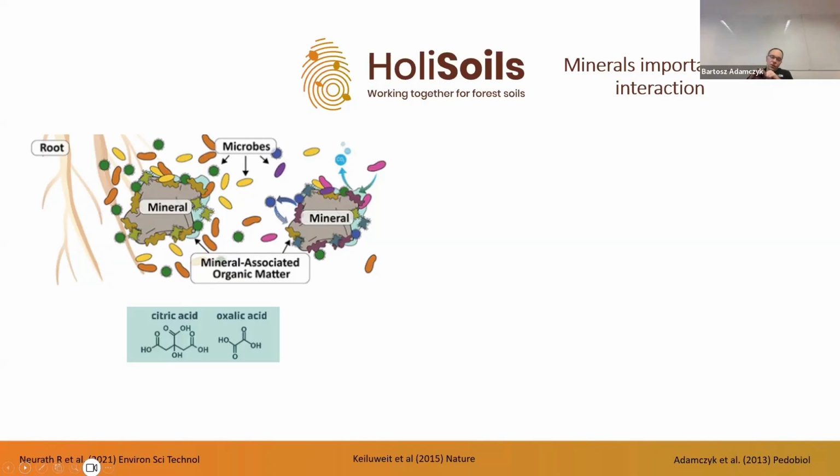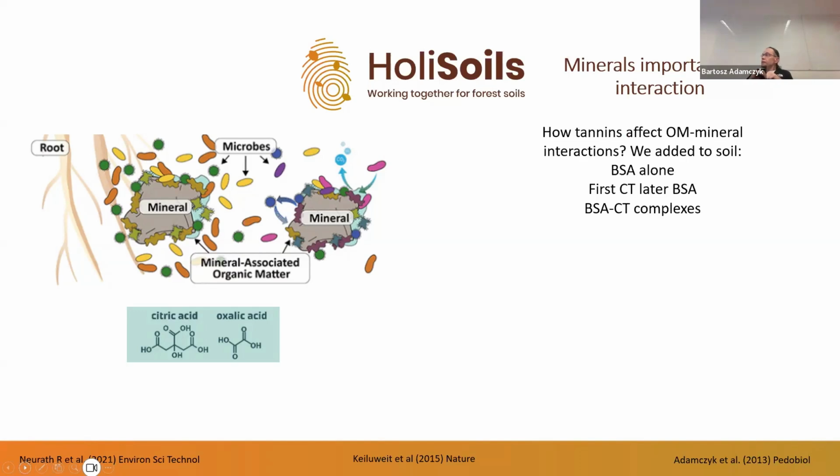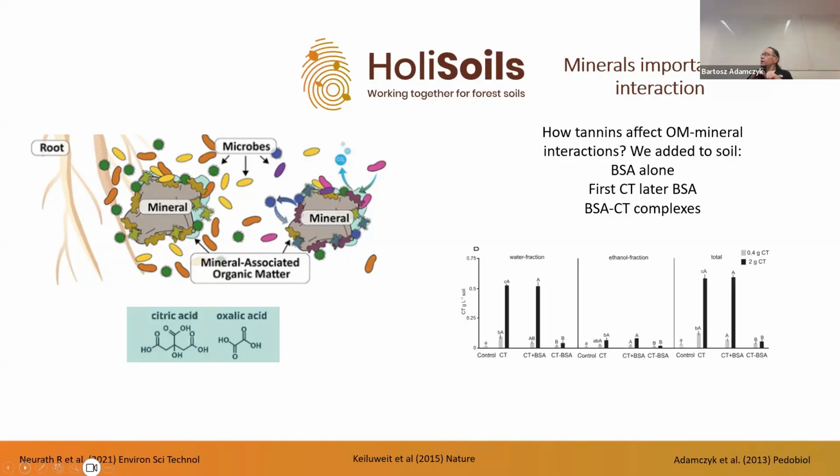But we know also that roots and also microbes can exude two small organic acids, citric acid and oxalic acid. And as a matter of fact, these acids can quite easily remove some organic matter from minerals. Next one. To check how it works, some years ago, we added, next one, to the soil separately BSA, so protein. So of course it was decomposed very fast. We also added that BSA, so protein, in complexes with condensed tannins, and we observed that, next one,